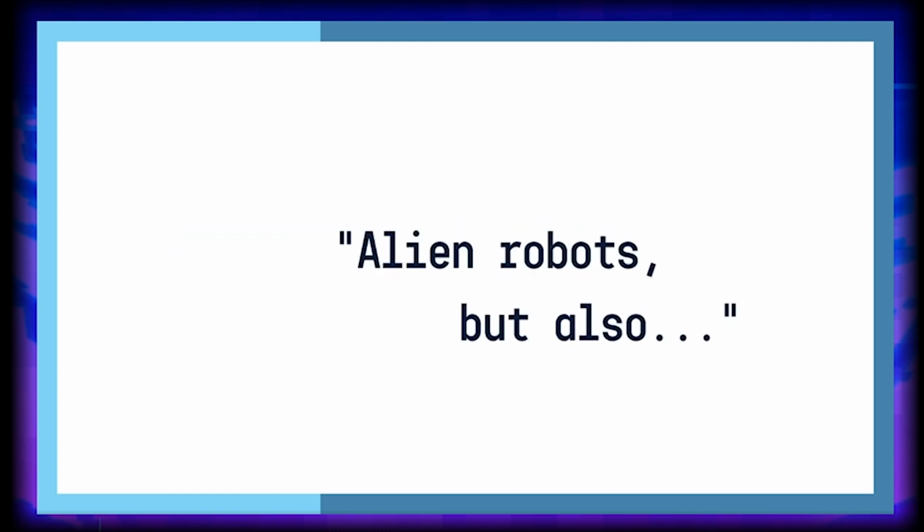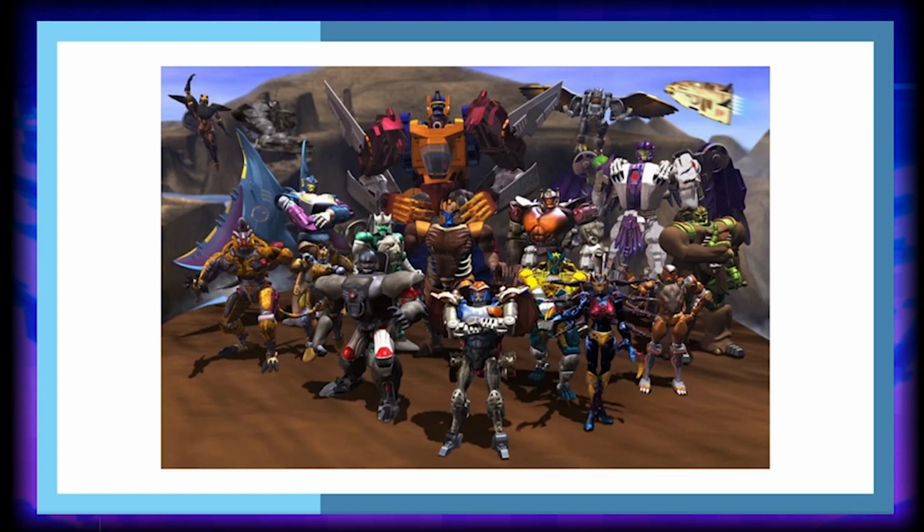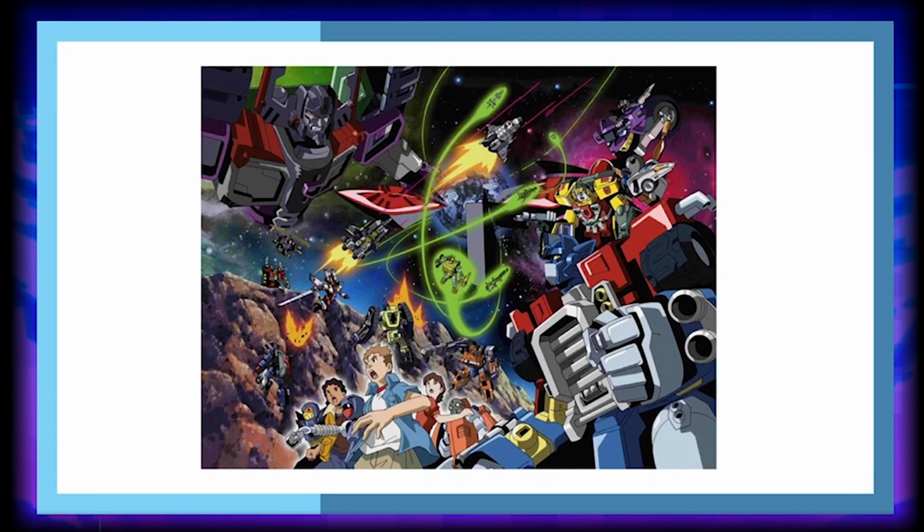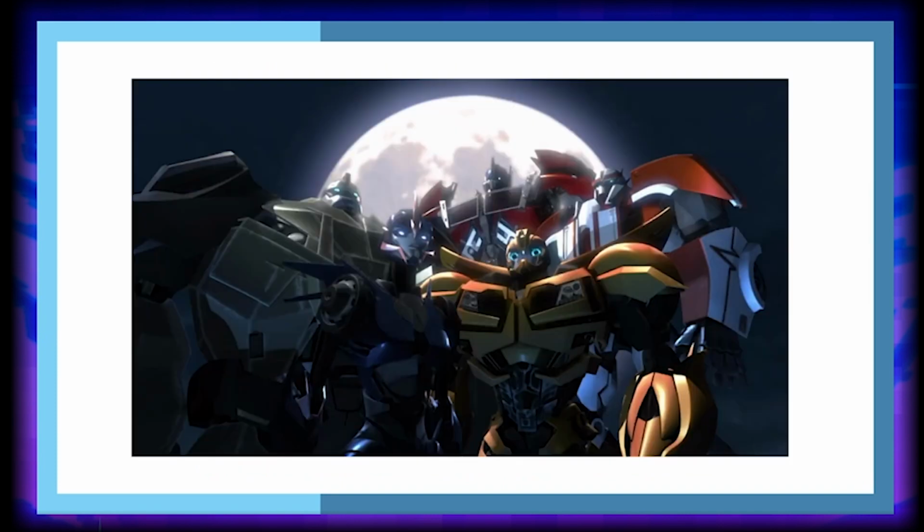Alien robots, but also... And figuring out how to finish the sentence is a quick way to nail down what makes your continuity unique and what others can expect when they first dive in. You can even apply it to canon. Alien robots, but also they turn into animals and don't have human allies. But also there are smaller alien robots to collect for power-ups. But also they're hot?